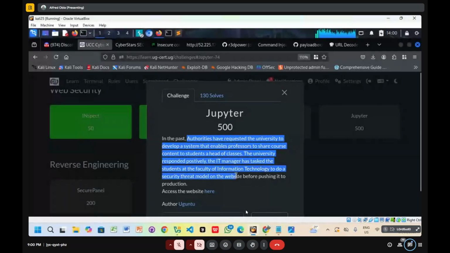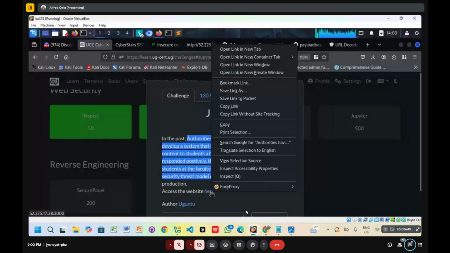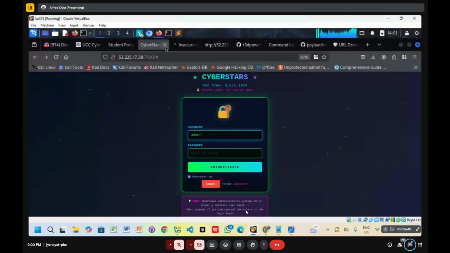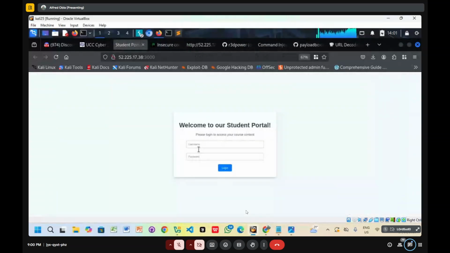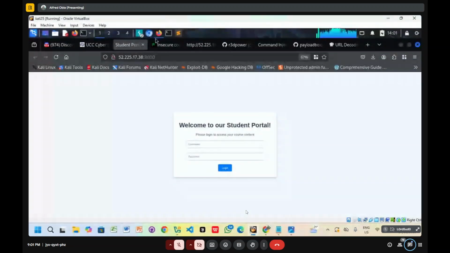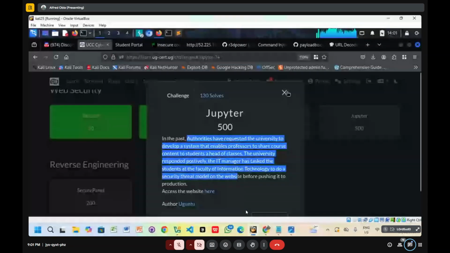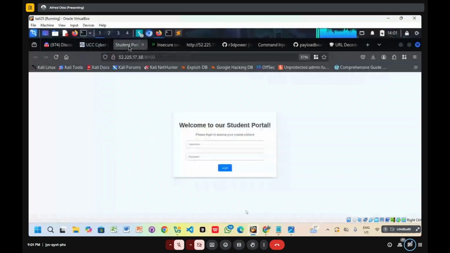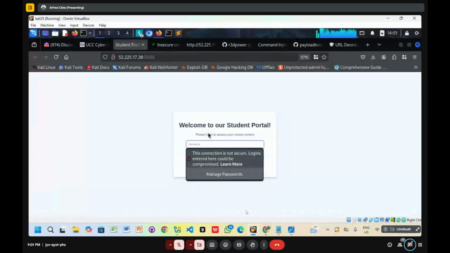I would go through and read all these descriptions. I'm saving time, that's why I'm not reading, but that's what you would have to first do, is to read the description. But anyway, we would have solved this challenge also, called flag stack. But anyway, let's do this for the purpose of time because we just want to show the methodology. There's nothing big here. So just like in the previous challenge, we also have